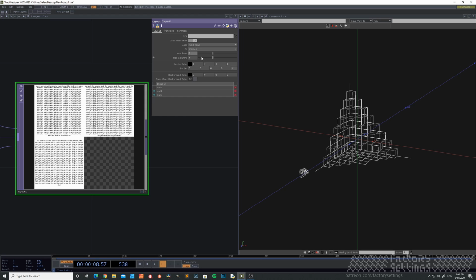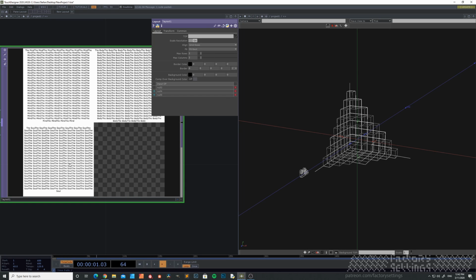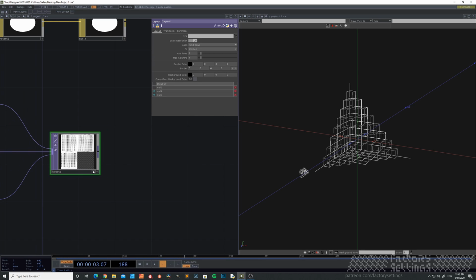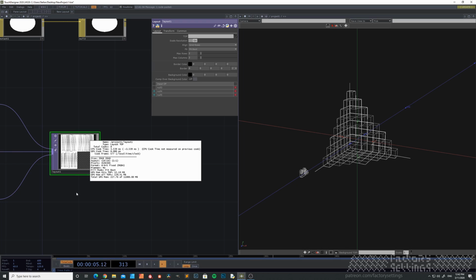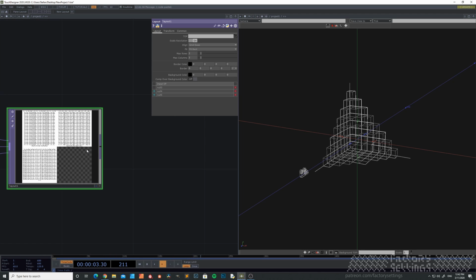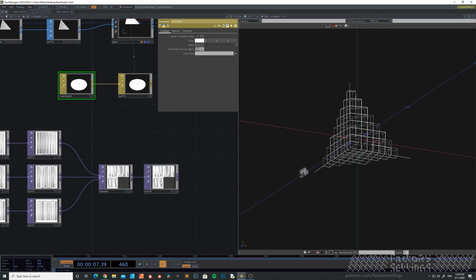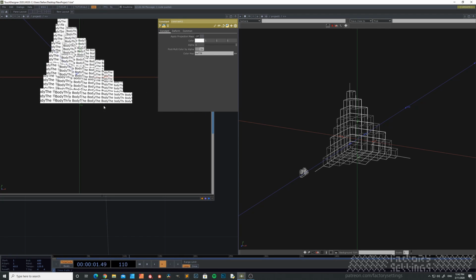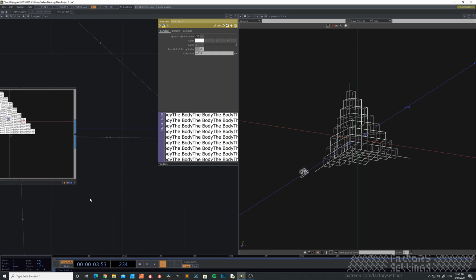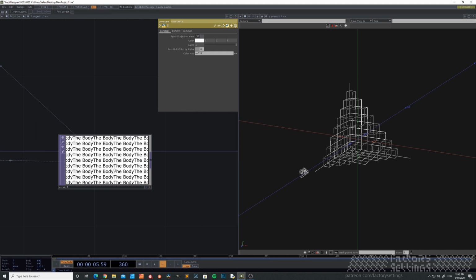You can make 2x2 just to make sure. If you're on a non-commercial license, this would probably clamp to 1280 by 1280, but that's not a big deal. Alt-N, go to a constant, drag this one in. And you see that it's already